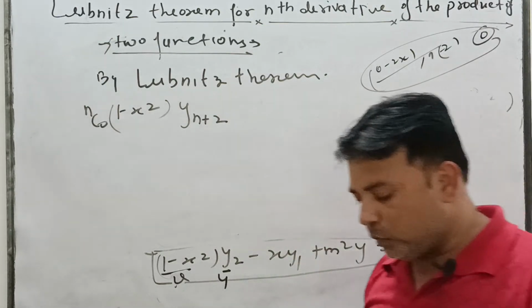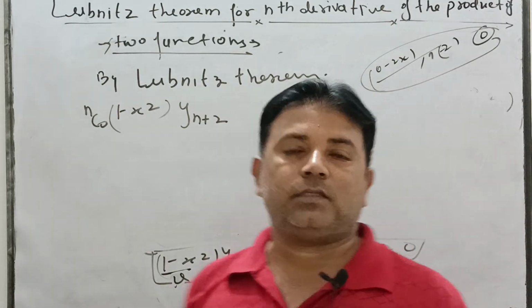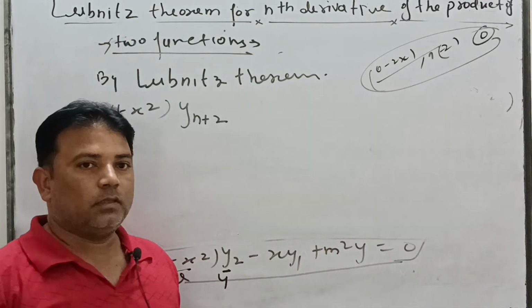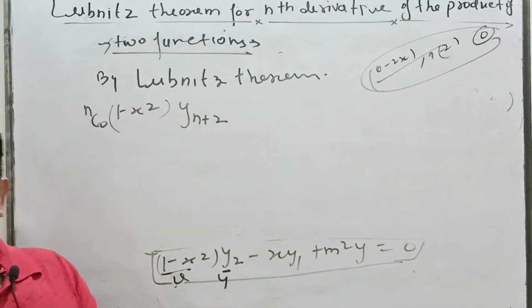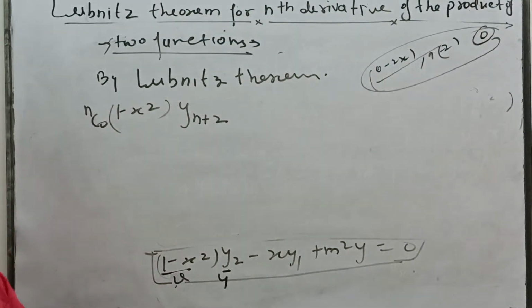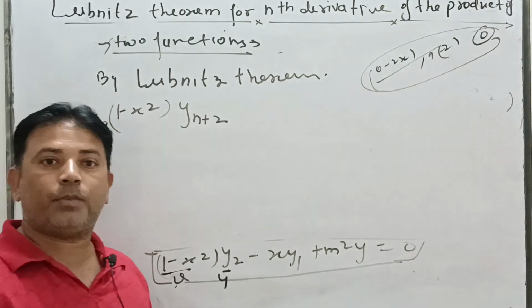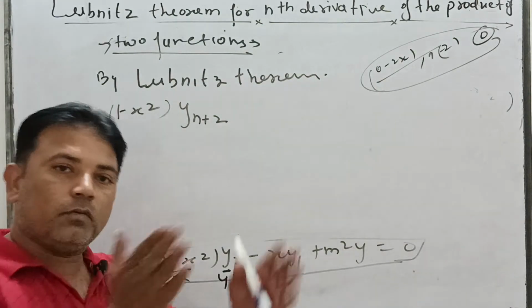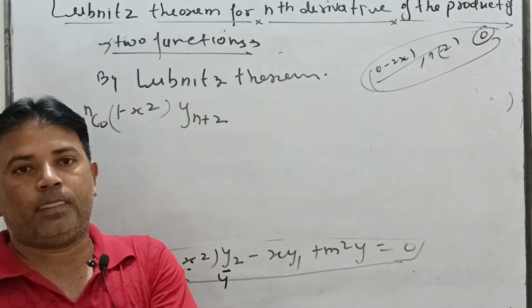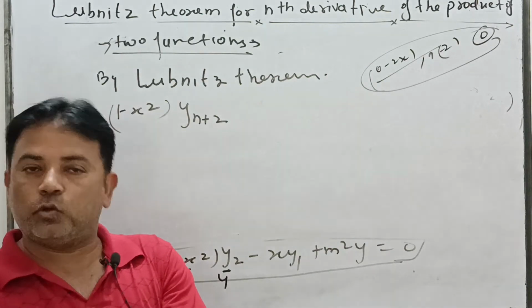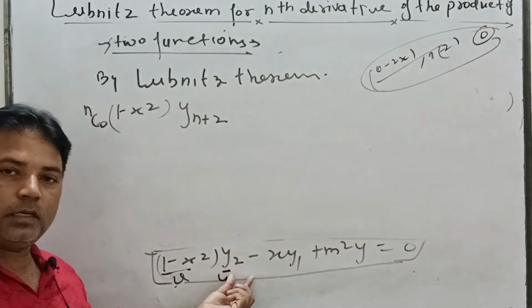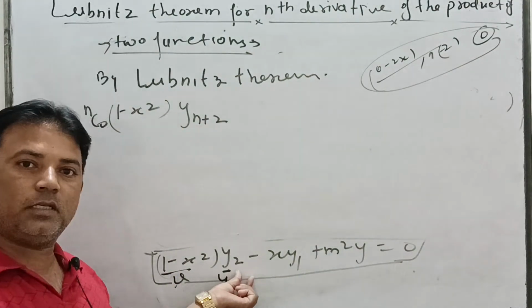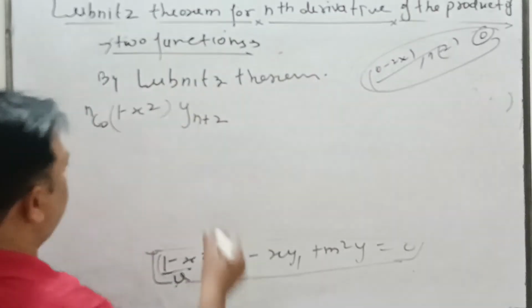Okay, you know about arithmetic progression: when the first and last term are given, you find the 10 terms between the first and last term. So the total number of terms is n plus 2, for example 10 plus 2 is 12, because the first and last are also given and 10 terms are in the middle. So the total is 12. Similarly, n times differentiate this function; 2 times is already differentiated, so n plus 2 times. Now